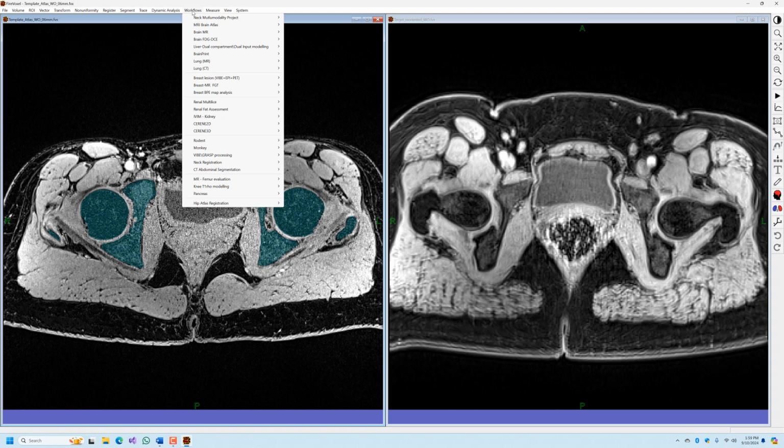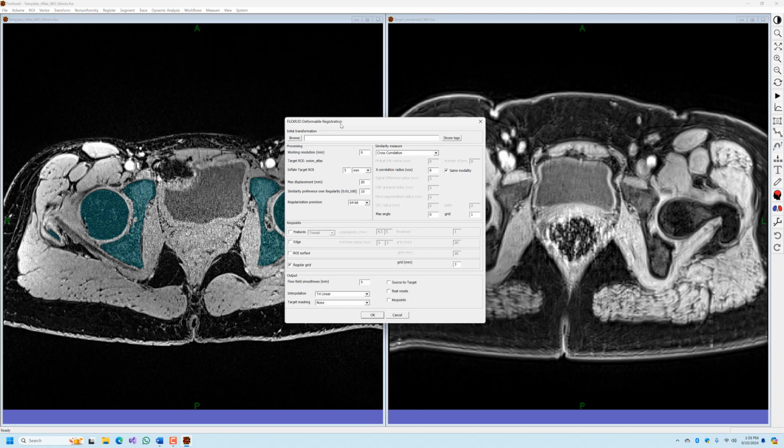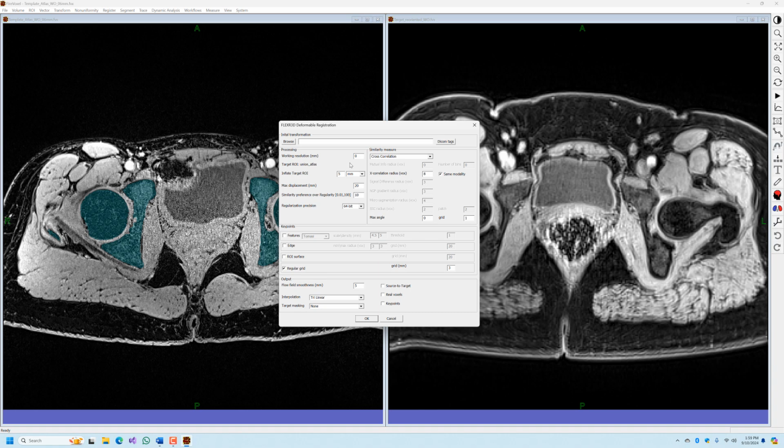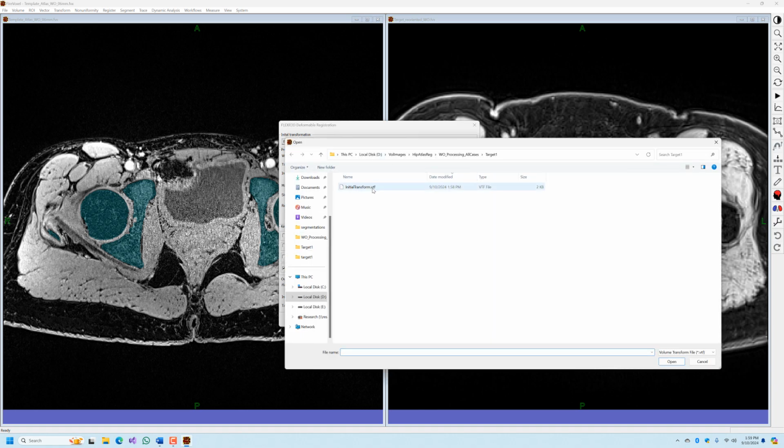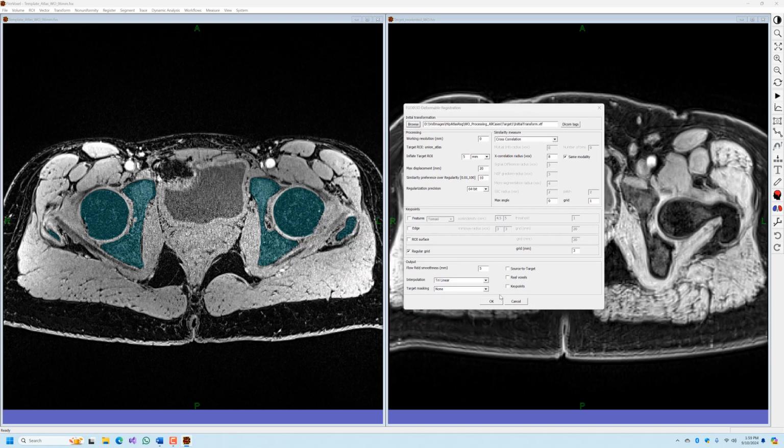Now we go back to workflows, Hip Atlas registration, and the second step is deformable registration. We could keep the hyperparameters as they are. We just need to specify this initial transform, the exact file name from the previous step. And once it's specified, we could run our operation. The only comment here is about the